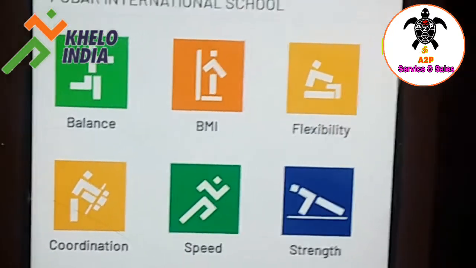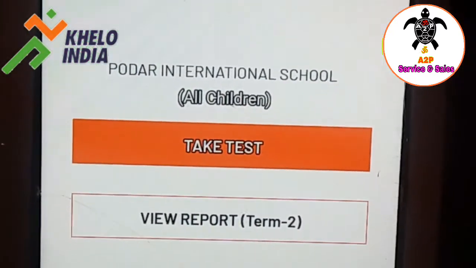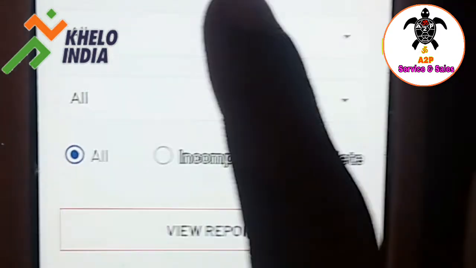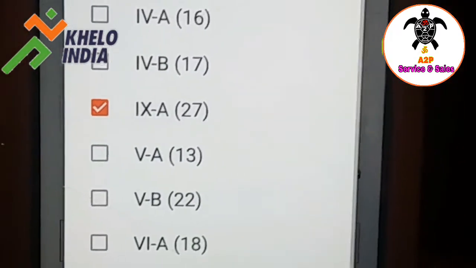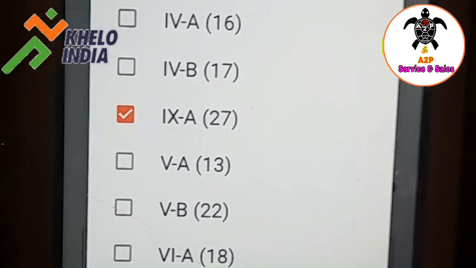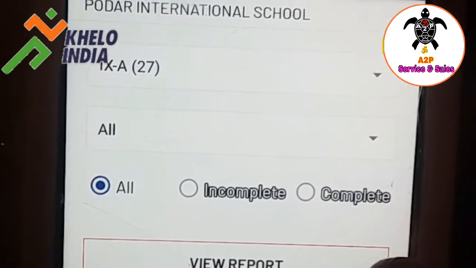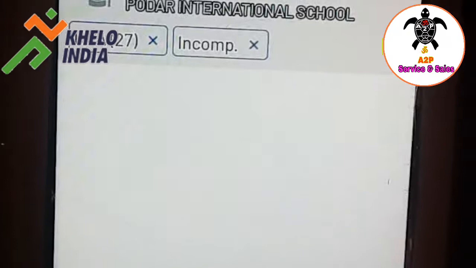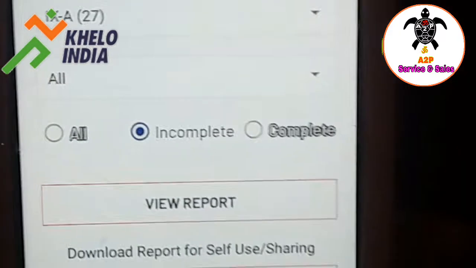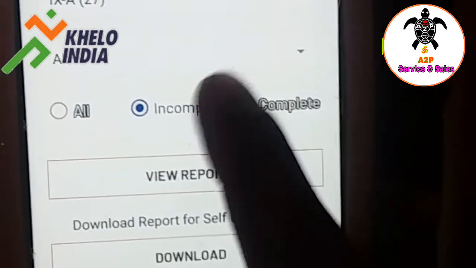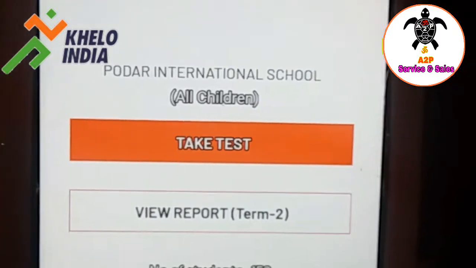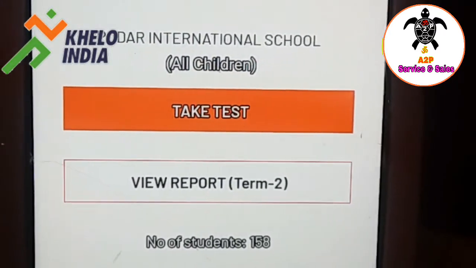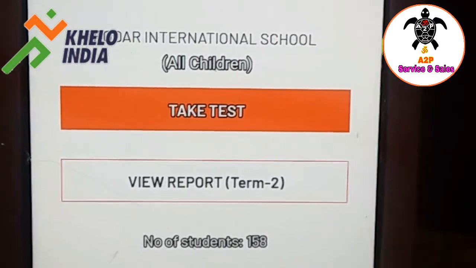The 600-meter running race is now over. This type of test you can take through the Khelo India Fitness Assessment app. You can see your class progress in the completed test students report. In the completed students report you can view it and take their test, and through this data you can upload their report cards. Once you save their data, then in second term and first term you will get the report cards.